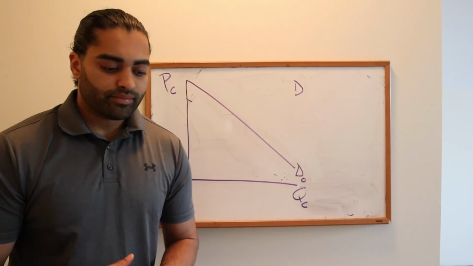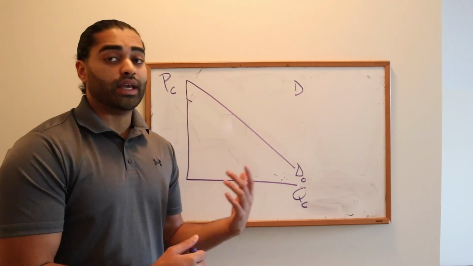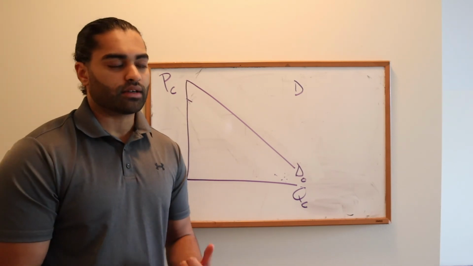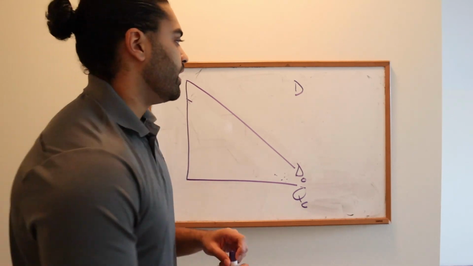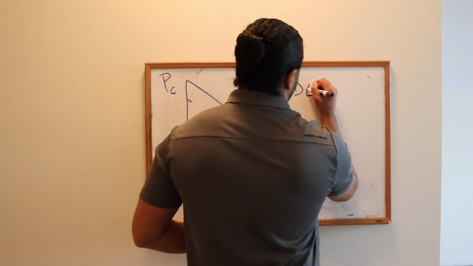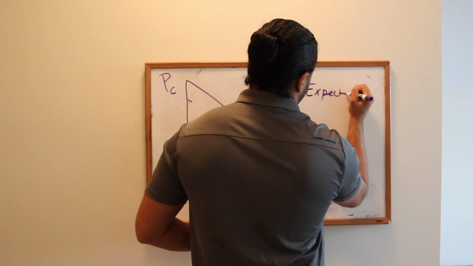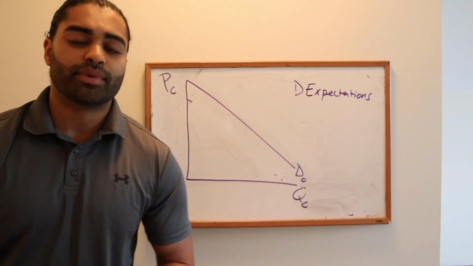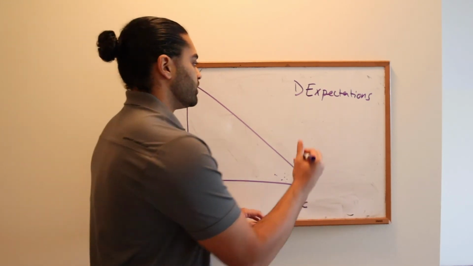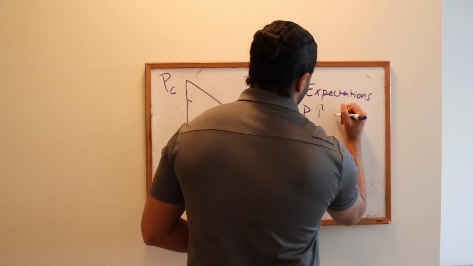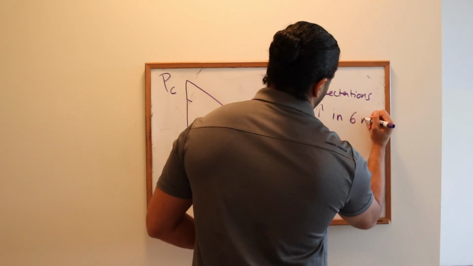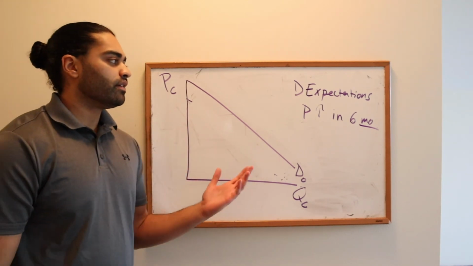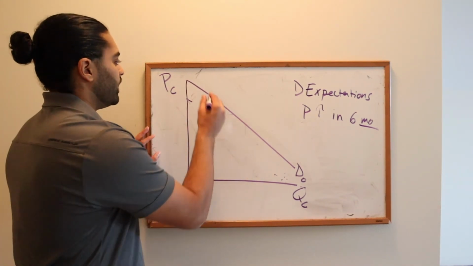Okay, we've gone over number of buyers. It's pretty straightforward. When you increase the number of buyers, you increase the demand curve. Decrease the number of buyers, decrease the demand curve. The one I want to focus on is expectations. So this is based on the future. If you know the price is going to be higher in the future, what are you going to do today? So if the price increases in 6 months, what's going to happen today? So if the price is higher in 6 months than compared to today, you're going to increase in the demand